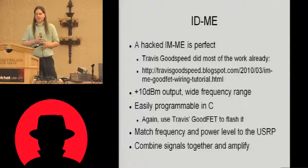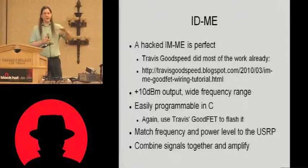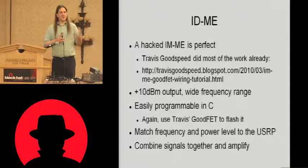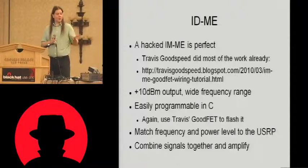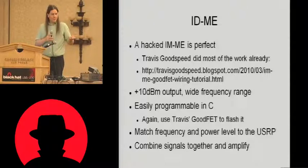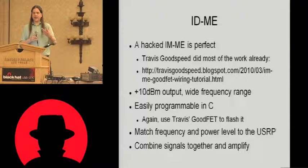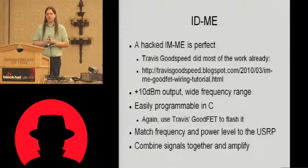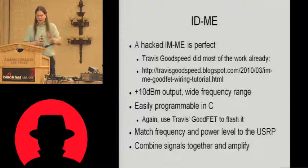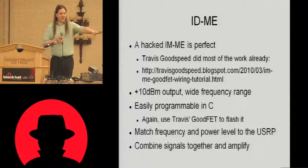So if you go to Travis's blog, there's a tutorial for how to wire a JTAG connector into it. There's source code for a new operating system. And as long as you've got a good FET to program the thing, you can just write your own operating system for it. Quite a powerful little device, little LCD screen, keypad, very, very wide frequency range, and about 10 dBm of output power. So pretty flexible, pretty powerful, and all we really need to do is connect that to